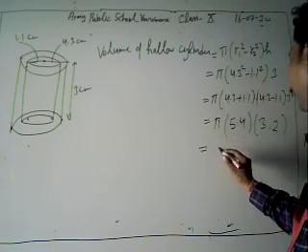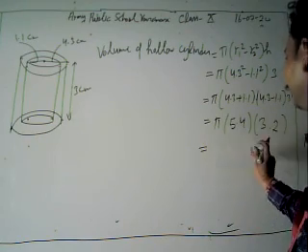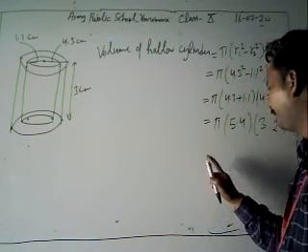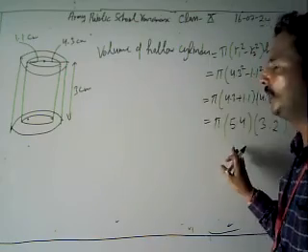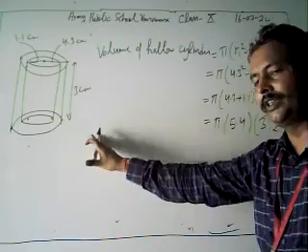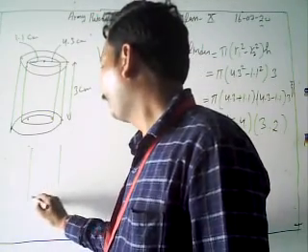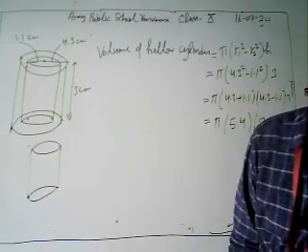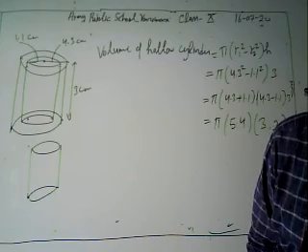I'm not going to calculate it, just going to use this concept. Now we get the volume of hollow cylinder. It's recast into a solid cylinder, then the volume of this hollow cylinder is equal to the volume of our solid cylinder. Then find the radius of the solid cylinder.